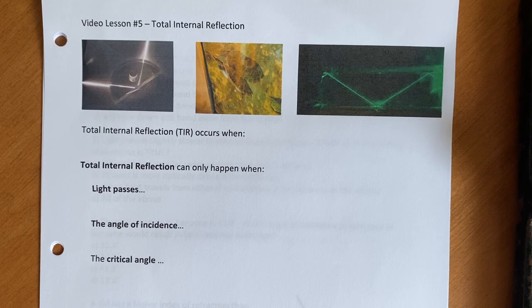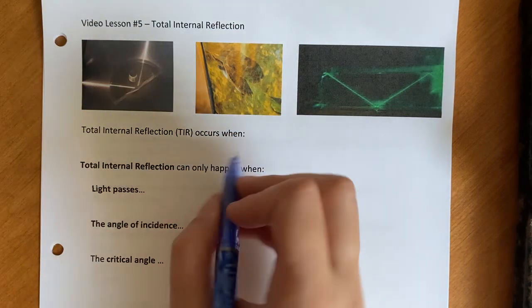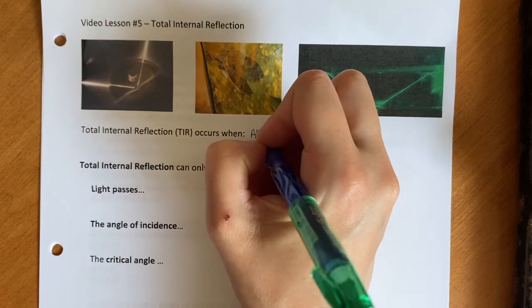This is video lesson number 5 in our optics series, looking at total internal reflection. Now that you've seen an example of total internal reflection, we're going to talk about what conditions need to be met in order for that to occur. So total internal reflection only occurs when all